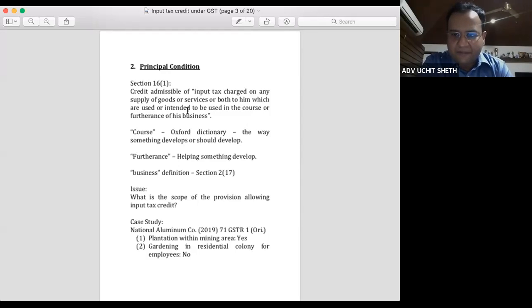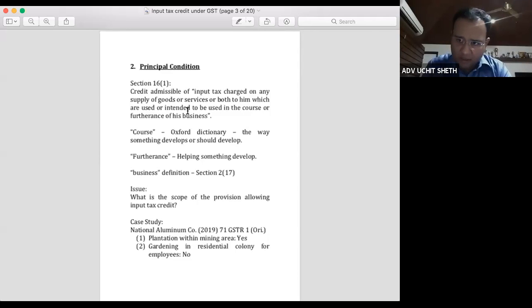So unlike the previous regime under the excise and VAT, where, insofar as manufacturing business was concerned, we were required to establish a link between the raw materials and the services and the manufacturing process per se. There were a lot of litigations on that aspect, whether a particular commodity like say fuel can be said to be used in the manufacture of a finished product, whether consumables can be said to be used in the manufacture of finished products, and there were a number of judgments on that aspect. Fortunately, now under the GST regime, at least the parent provision per se is quite simplified.